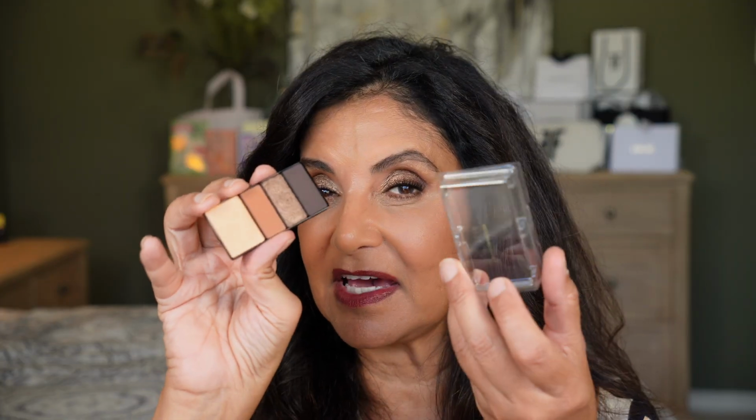And honestly, I do like this palette. Love the formula and do love the shades. And we do have these shades many times over in small palettes and big palettes. I do like the formula, and I also like that it comes very travel friendly. So I do like this palette, and let's go ahead and do some comparisons with the other Victoria Beckham palettes